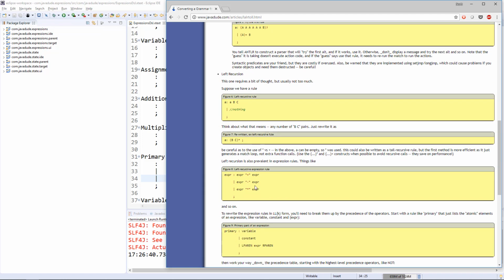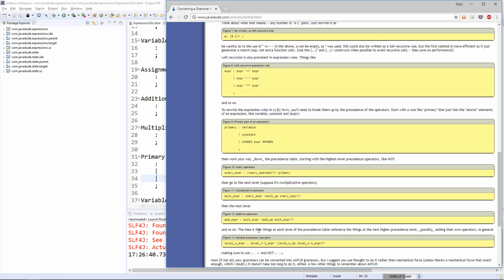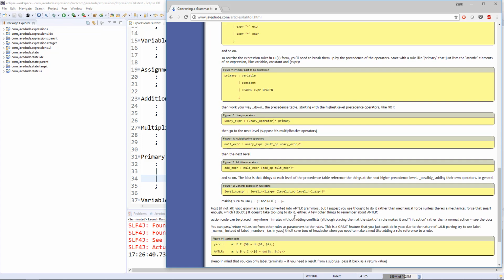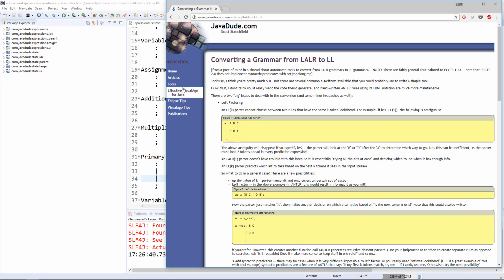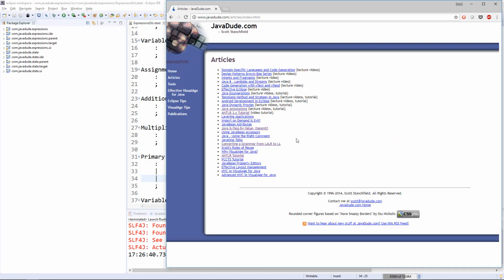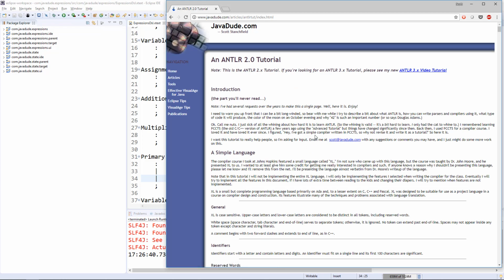So here's an example of the expression grammar that we talked about before. And then this talks about how to break it back down. I think I have a better discussion of it in my ANTLR tutorial. So if I look at the first ANTLR tutorial there,